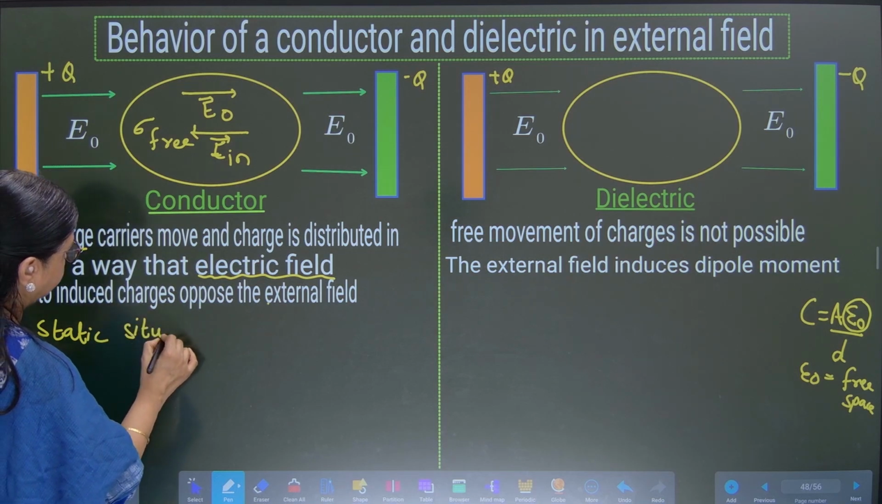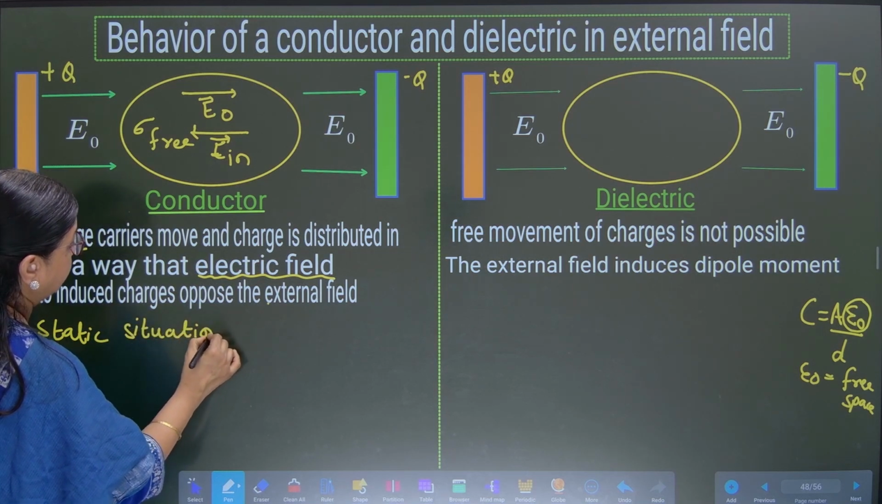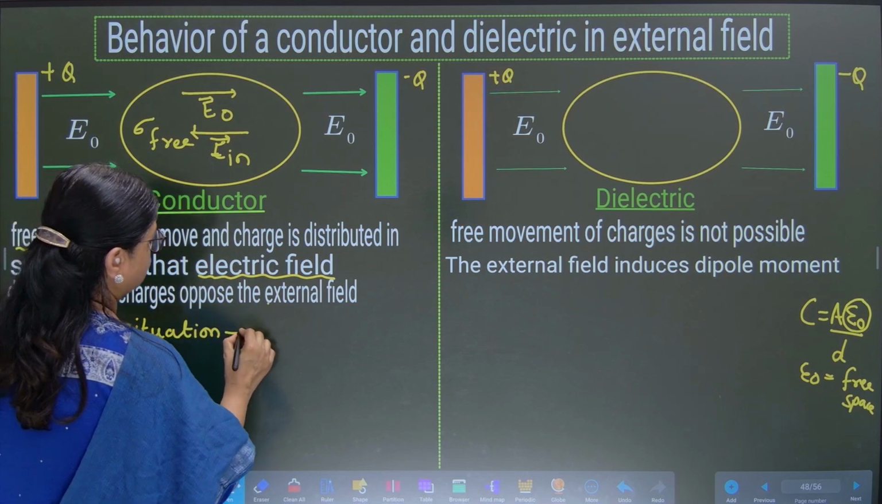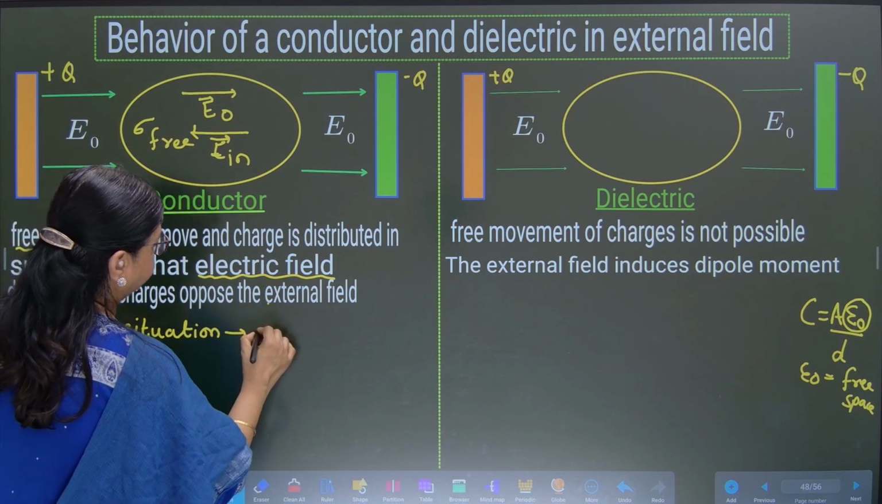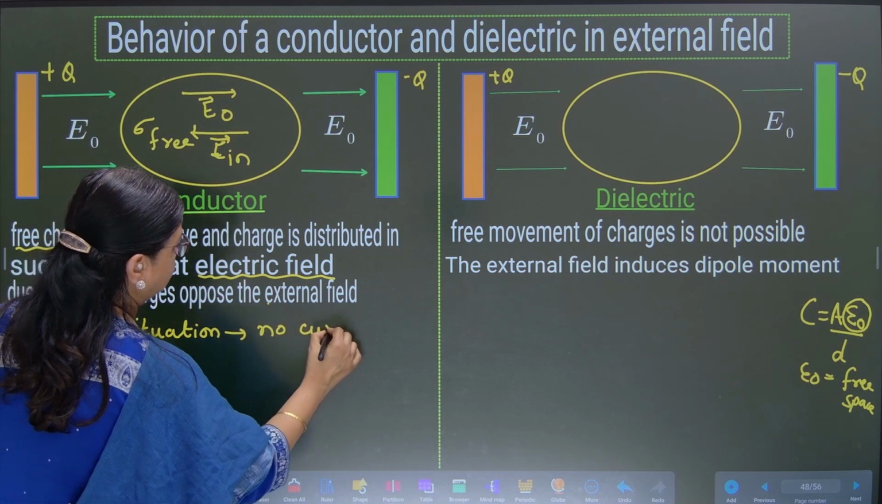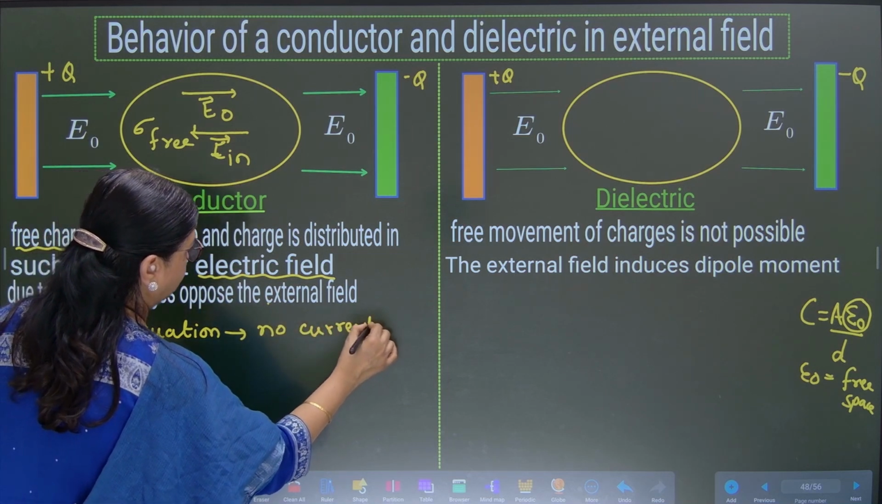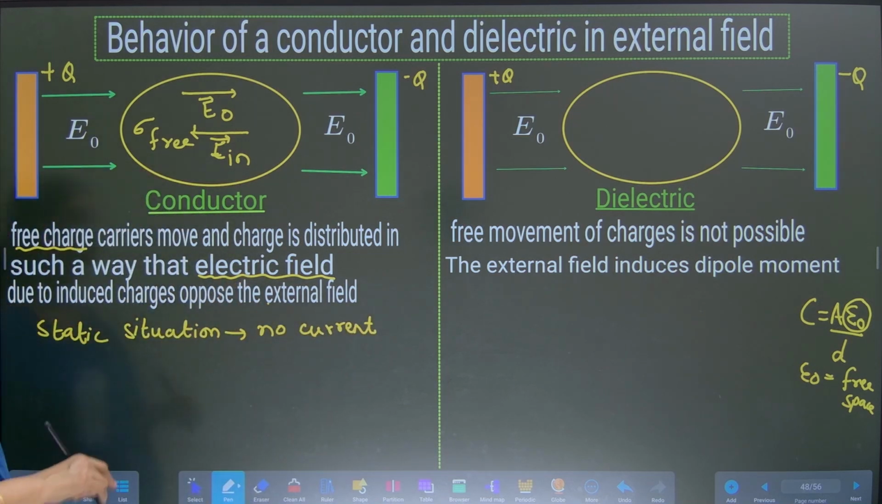until a static situation is reached. What is a static situation? Inside or on the surface of the conductor, there is no current. This we have already learnt in the previous video. So, in static situation,